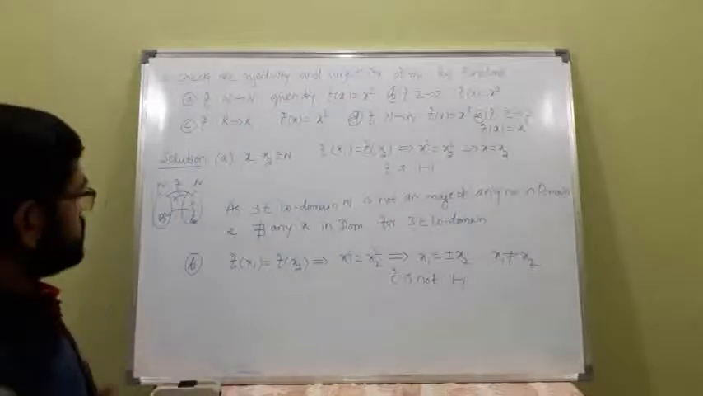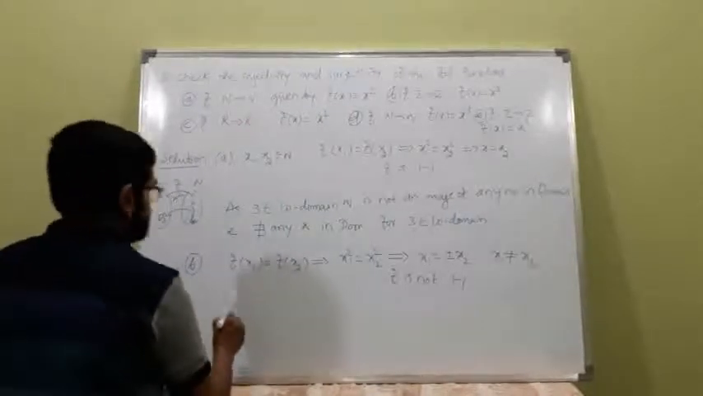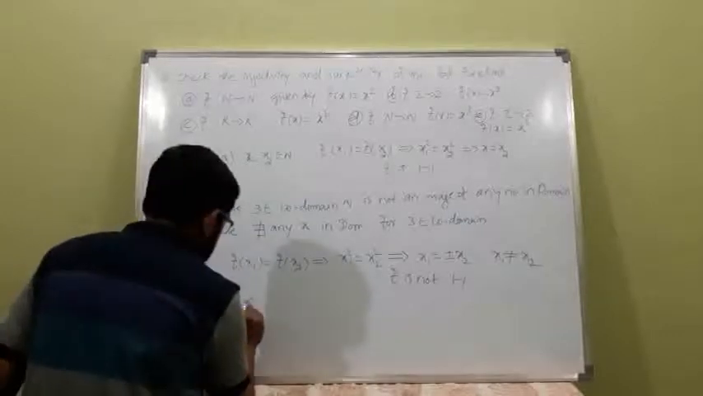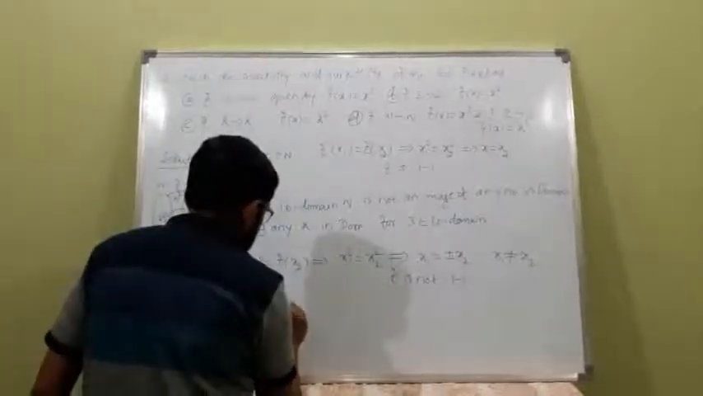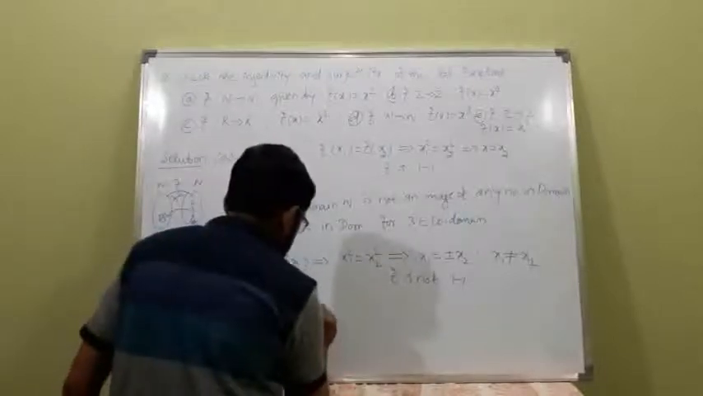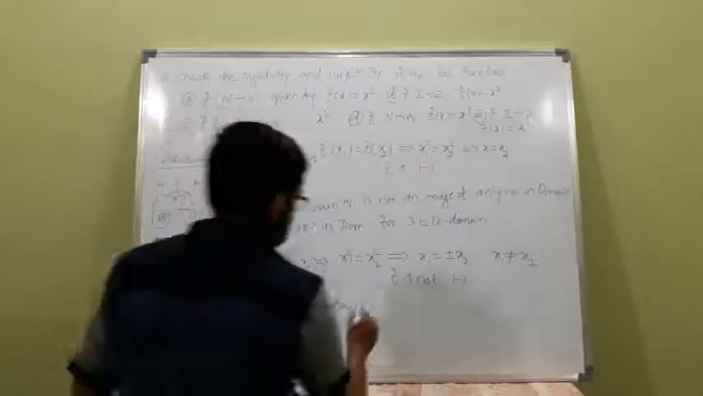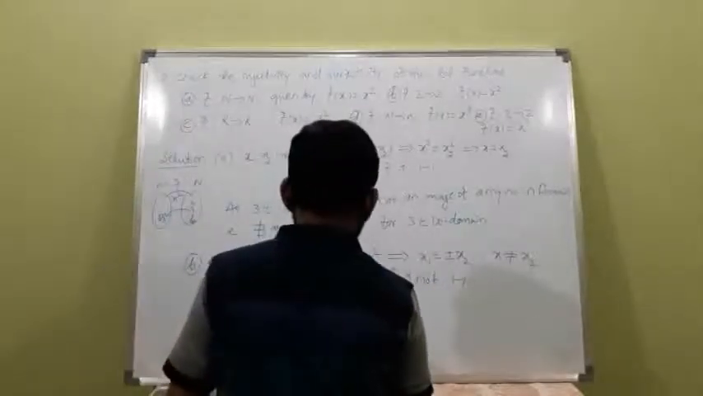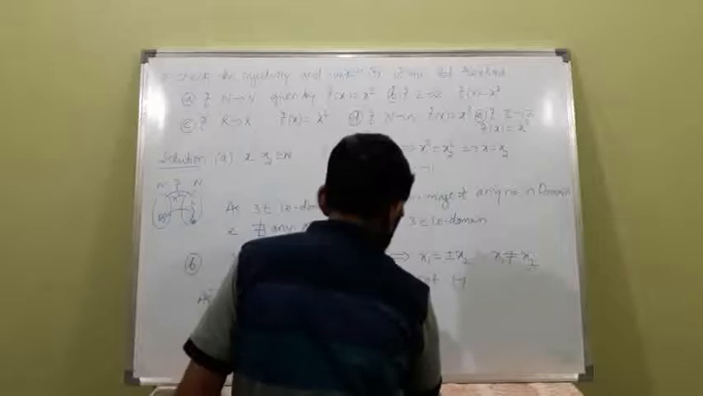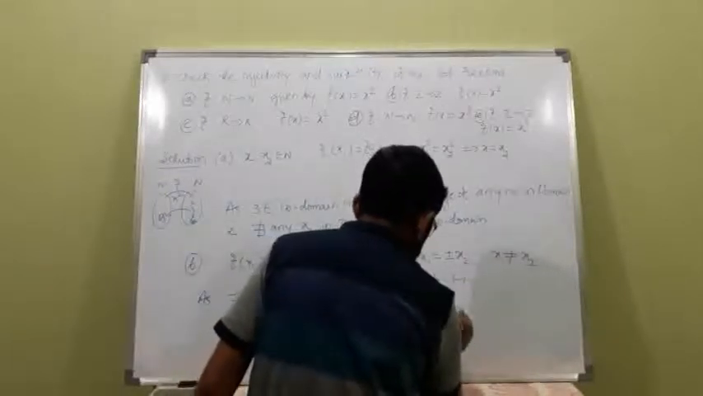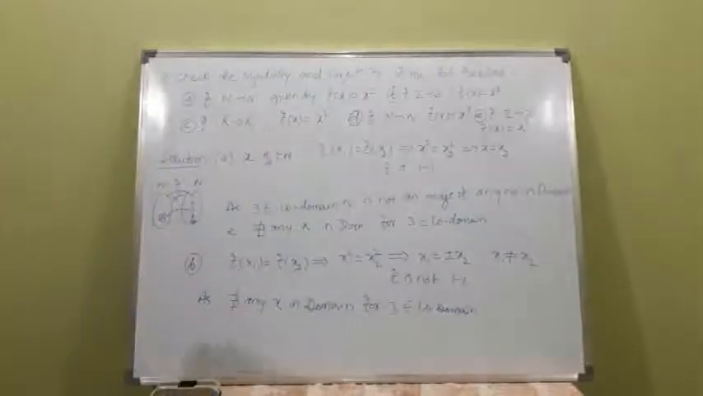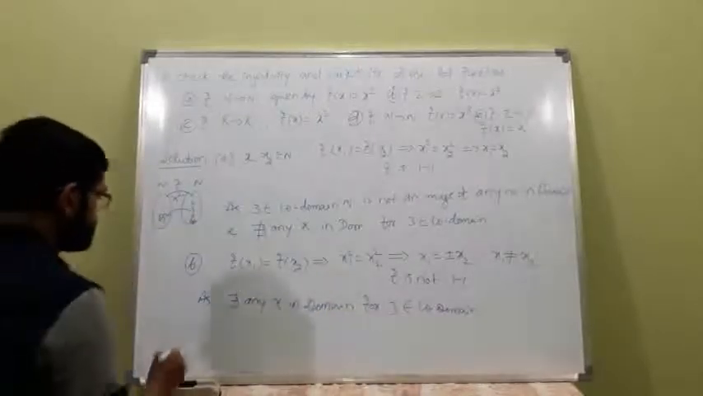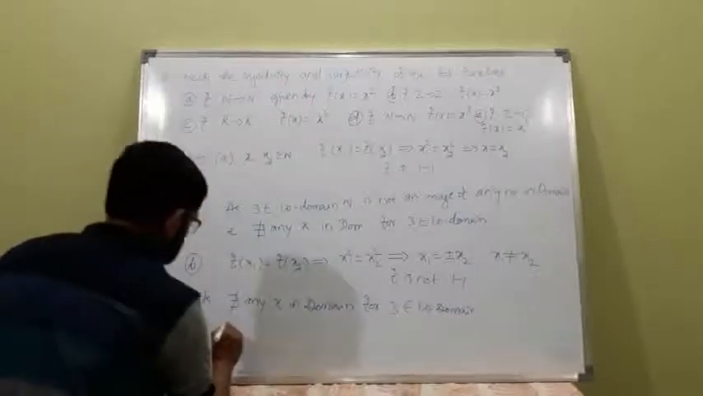Similarly, there does not exist any x in domain for 3 or minus 3 belonging to codomain, because root 3 is not an integer, or if you take minus 3, that will be imaginary. Similarly, for C also, f(x1)